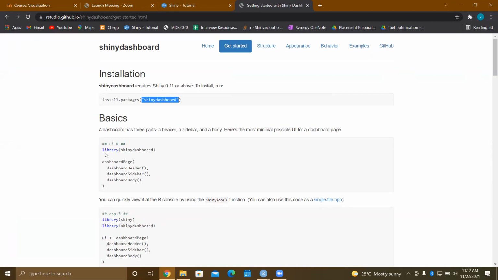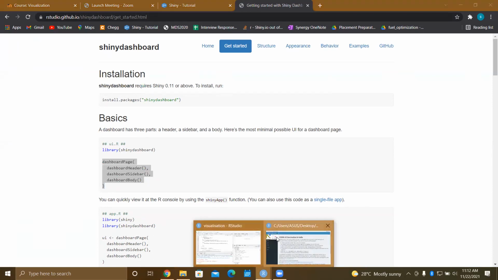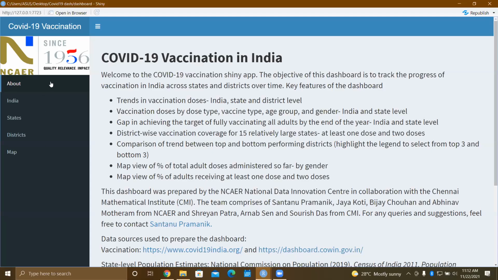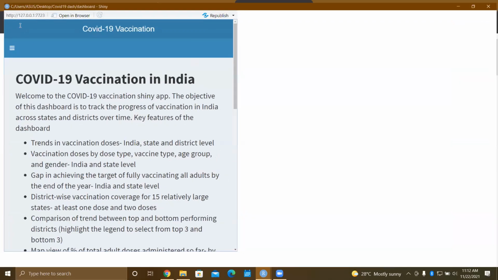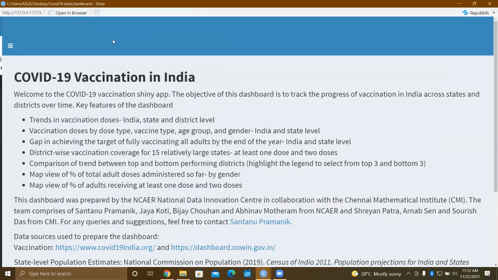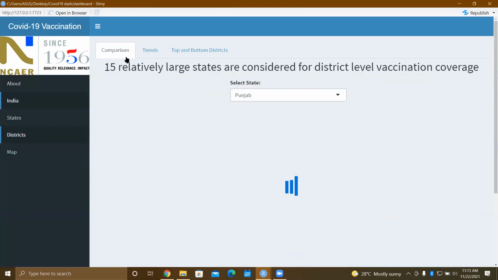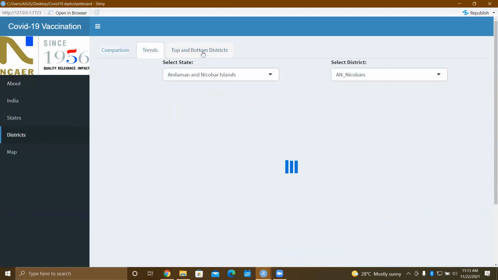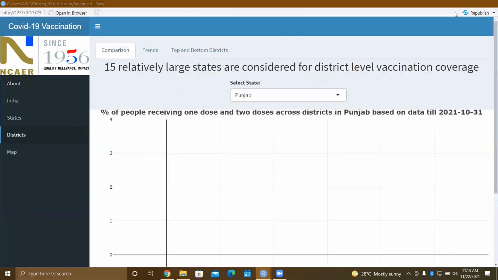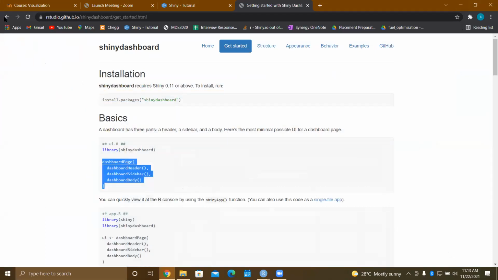You can just install it, and this is the layout: dashboard page, dashboard header, dashboard sidebar, and dashboard body. This is my sidebar, this is my heading, and this is the main panel. Inside that, you can create tabs using tab set panels.